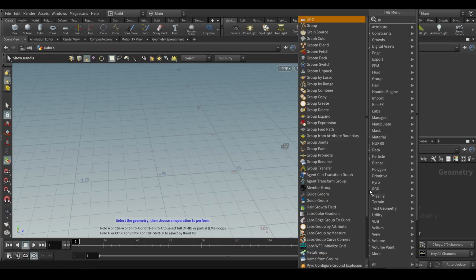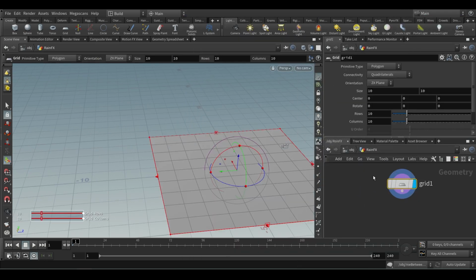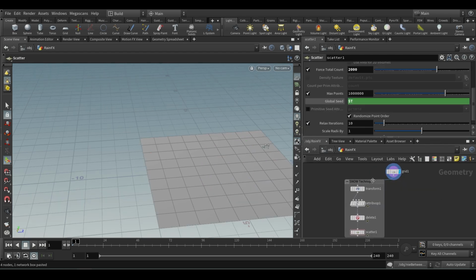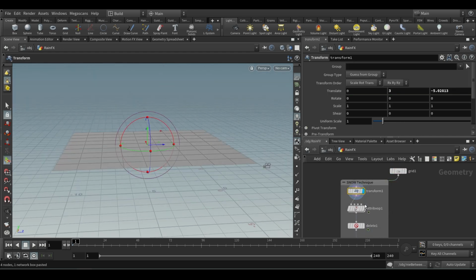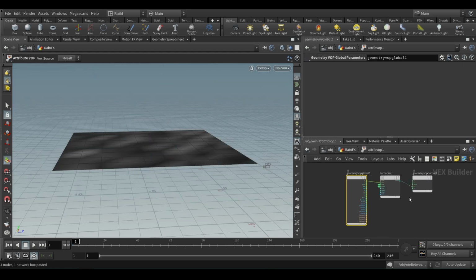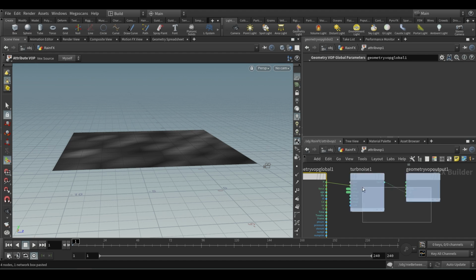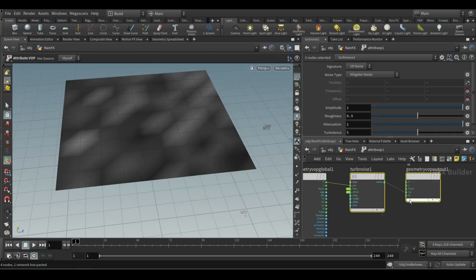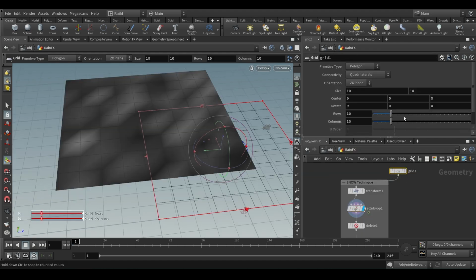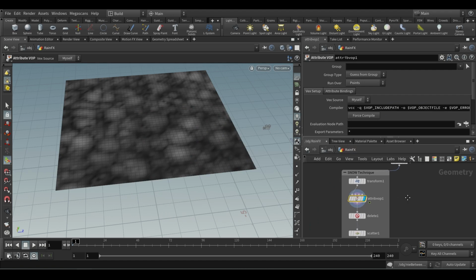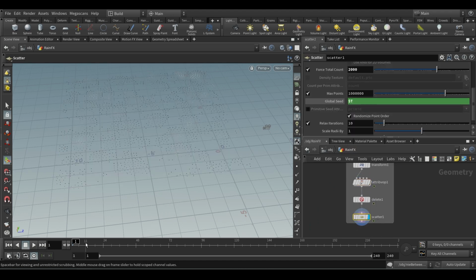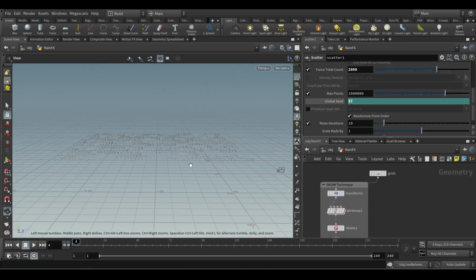So we're going to create a grid as usual. I'll bring the tools that we used in the geometry level for snow effects in here. This was the snow technique that we used. We moved on top, and then we used attribute noise to get the points jiggled. I'll increase the grid points, and that's how we drive our scatter points, isn't it? Snow. But this time we're going to do it differently.